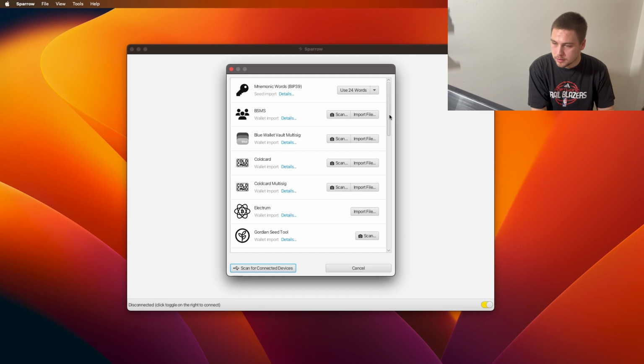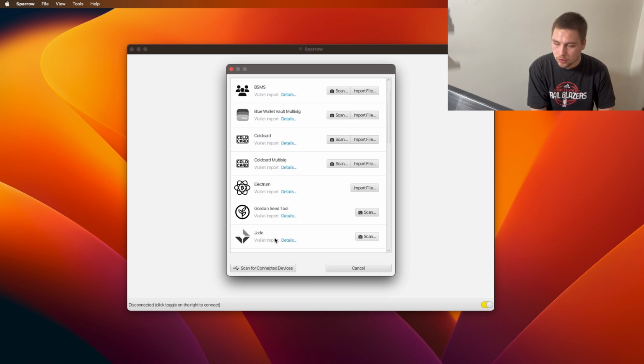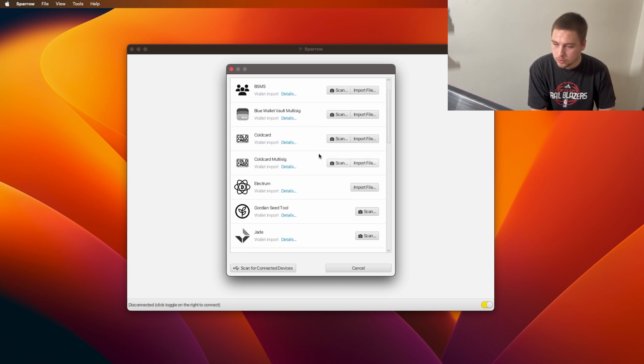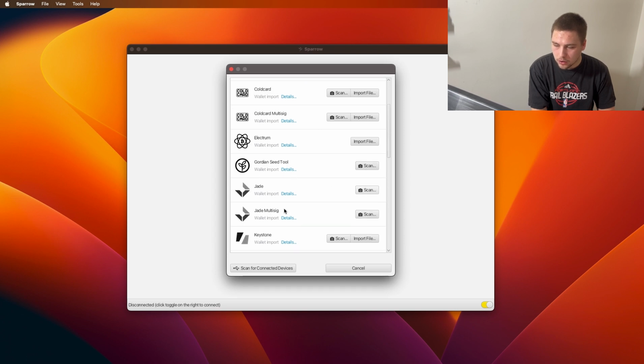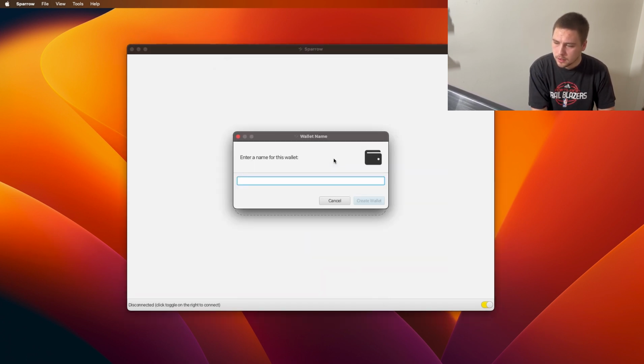I'll show you what this means. You can import mnemonic words, so your seed phrase, of different types. You can have 12 words, 15 words, 18 words, 21 words, and 24 words. And then you can import your hardware wallet, or even Blue Wallet, Coldcard, Multisig, Electrum, and all these different providers. So I'll just press new wallet,